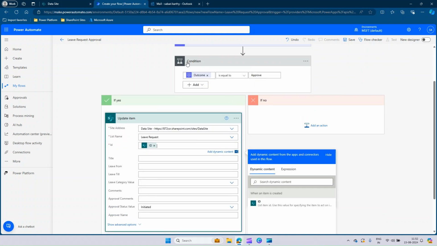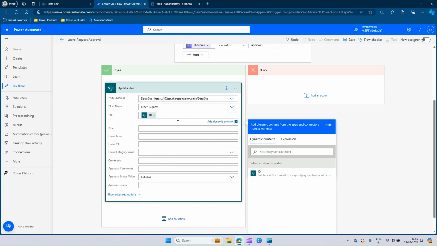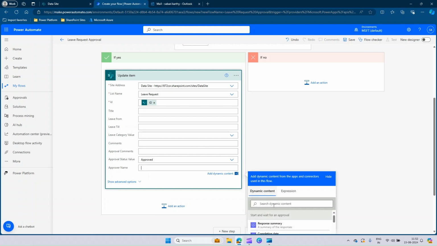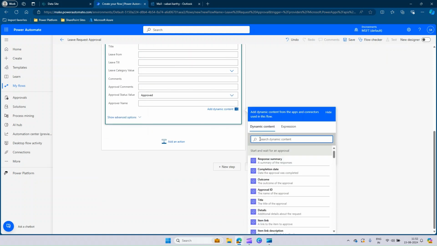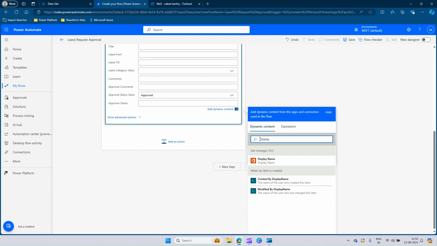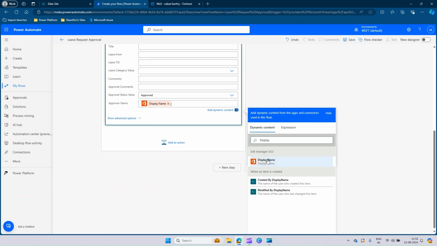So you can see that we are in a condition where the outcome is approved because we are updating it in the yes condition. So if the outcome is equal to approve and if it is true, then obviously we need to change the approval status value to approved. So we'll change it to approved. And the approver name would be the manager name who approved it. So you can just type in display name